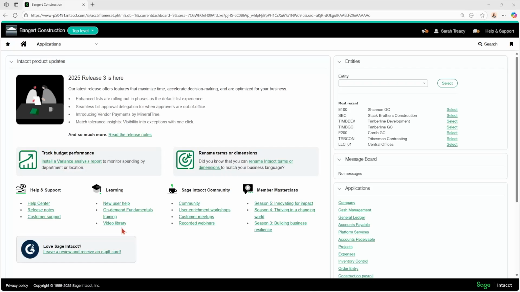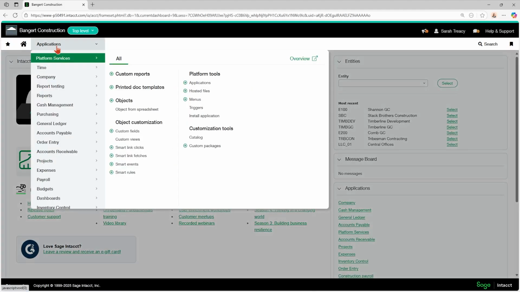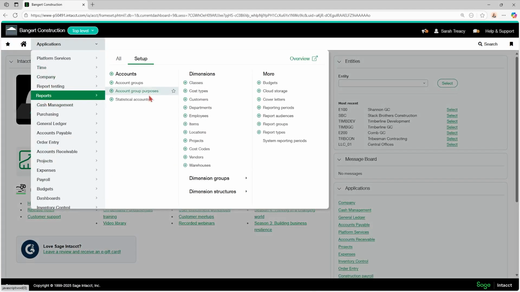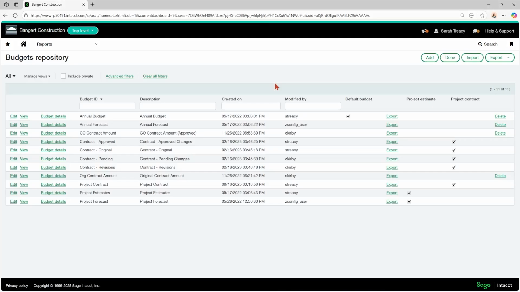In this video, we're going to take a look at some more of the aspects within the reports module. So we're going to look at budgets, cloud storage, and cover letters. So budgets, first off, you have to have the budget in the system if you want to pull it onto